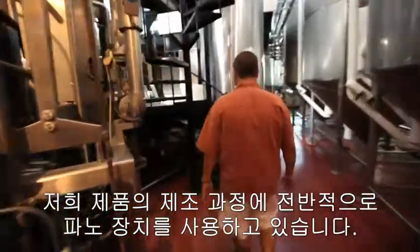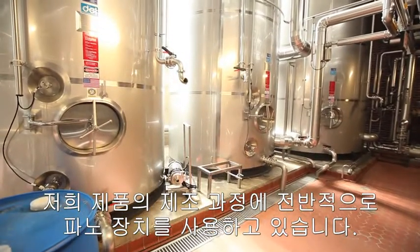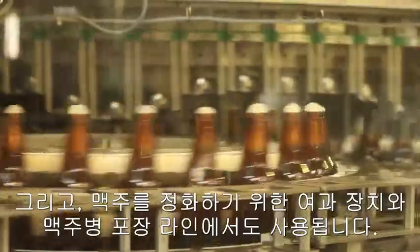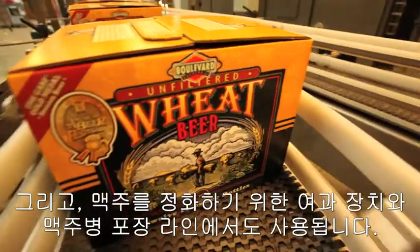My name's Tony Lux, Boulevard Brewing Company, purveyor of technology. The Pano boxes are used in all facets of manufacturing. They start in the brew house, so we brew beer with the Panos. Then they go to fermentation, where the beer is aged. They're used in filtration to filter the beer, and then they're also used on the bottle line to package the